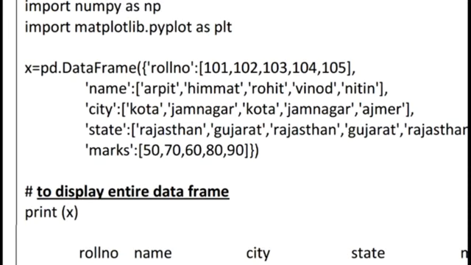Then I use a colon, because in every dictionary, before the colon we use the key, and after the colon we use the respective value, a single value or maybe multiple values. When we have multiple values we use square brackets, meaning a list. So you can see the square brackets with 101, 102, 103, 104, 105. These are a set of values, always accessible by its key. The key here is roll number. And at the end we use a comma.